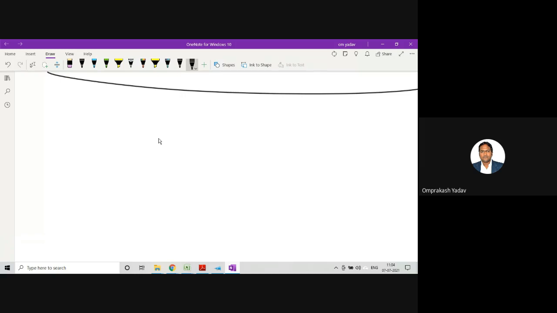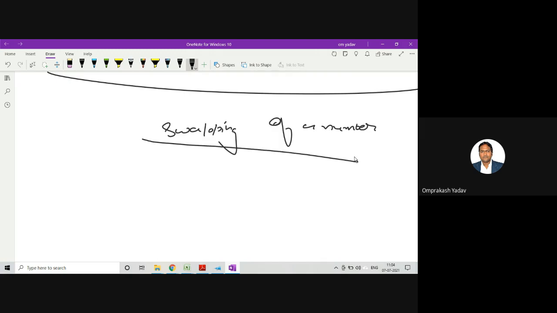Let's see one program. Let's see one program of reversing of a number, not reversing, let's say swapping of a number. This swapping of a number program we will do in two ways.